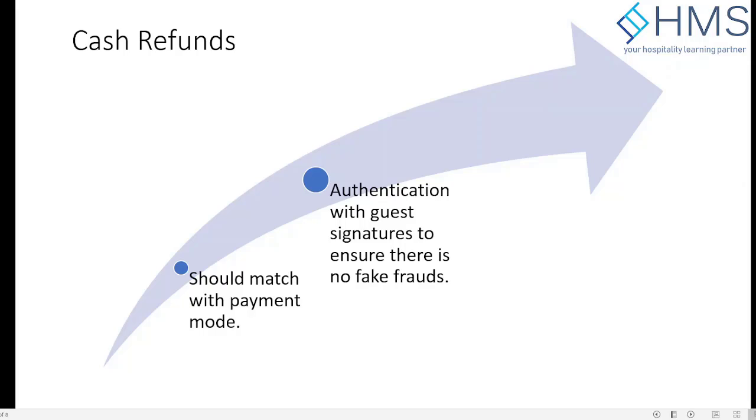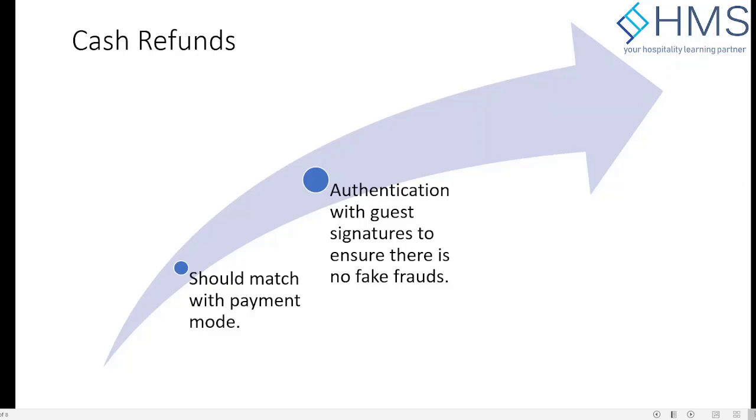So the front office has to check the guest signatures, and they have to collect the original receipt of deposit from the customer. That's why a signature is normally taken on the deposit receipt, so that we can check when you take the deposit receipt back and return the money to the customer. Normally you can check the signature on the refund folio. If you don't take that, then you have no way of matching. Anybody who found the deposit receipt can claim the cash refund as well. So that's a very important step, having the guest signatures.